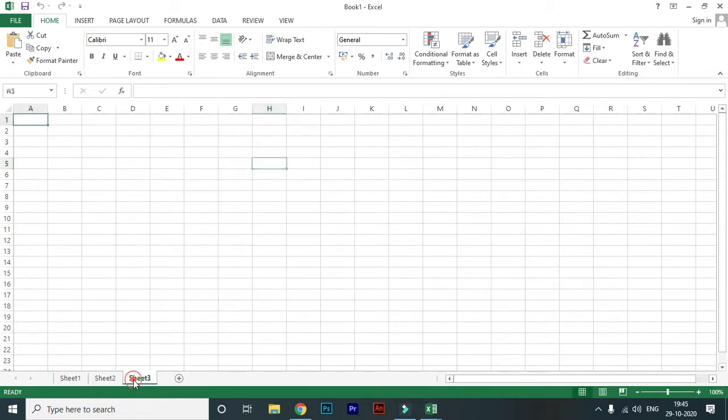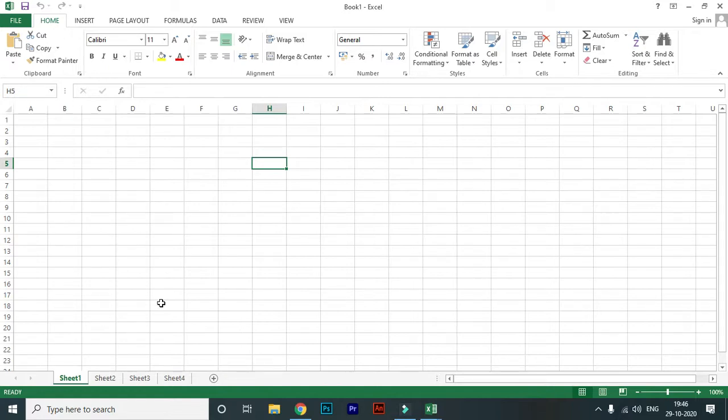If you want another sheet, Sheet 4, you can click on this icon. In this way you can create more sheets. A group of sheets is called a workbook, and the Excel file is also called a workbook.